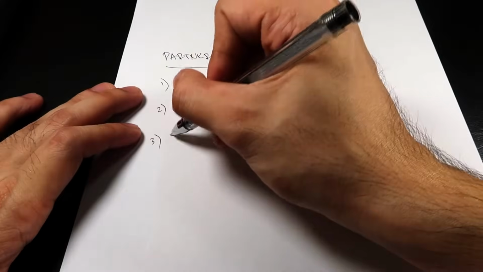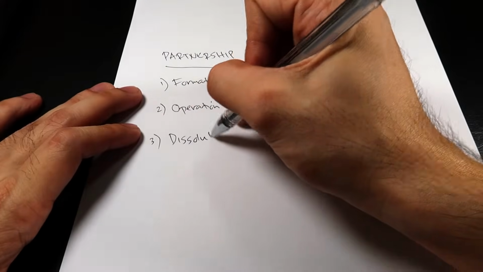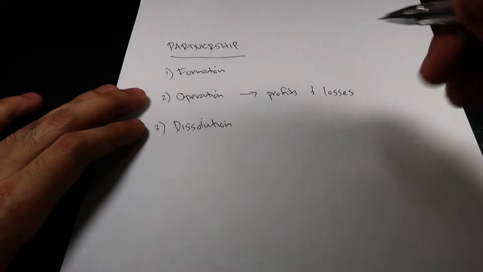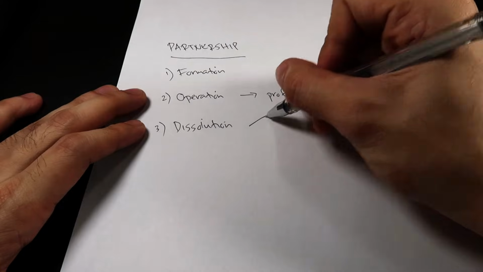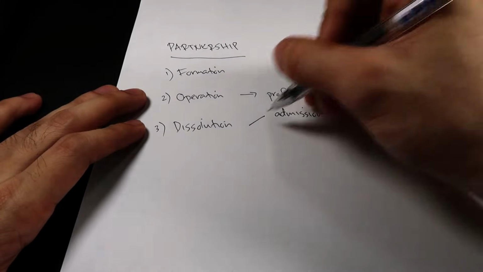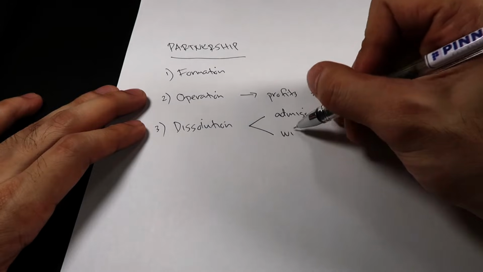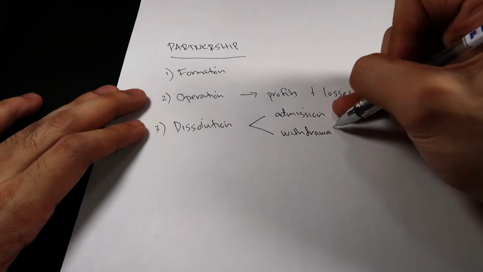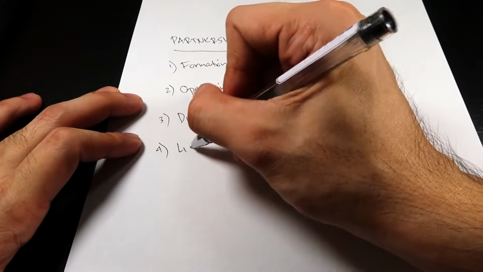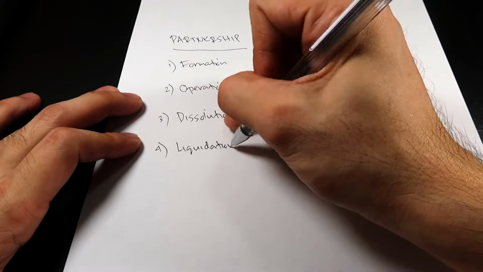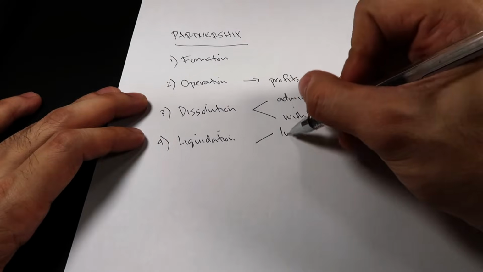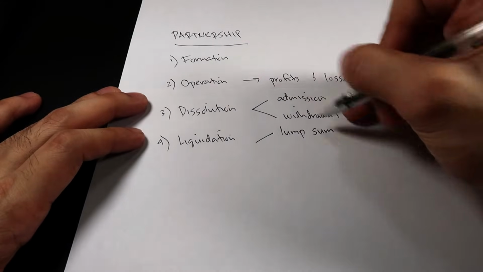Number 3 is dissolution. There's a dissolution whenever there's a change in the ownership interest in the partnership. Madi-dissolve yung partnership when you admit a new partner, or when there's a withdrawal or retirement of an existing partner. And the last stage is liquidation. Stop na yung operations ng partnership. Terminated na. There's 2 types of liquidation: lump sum and installment